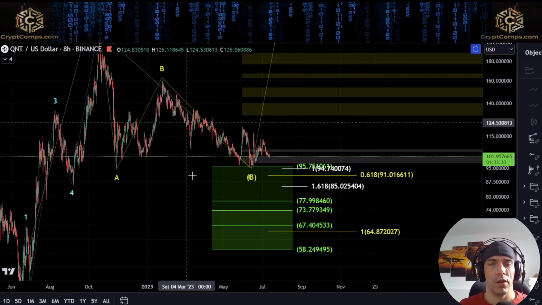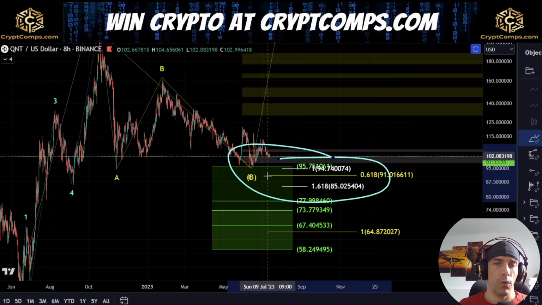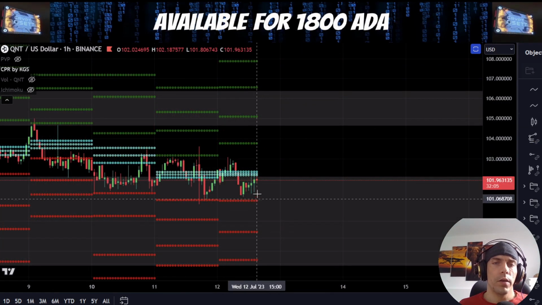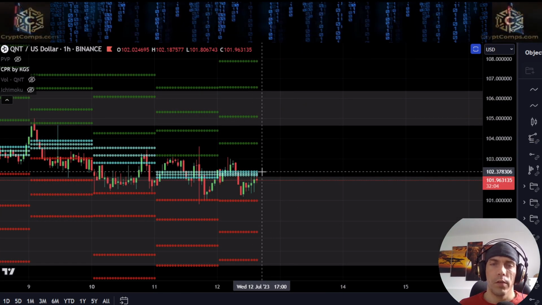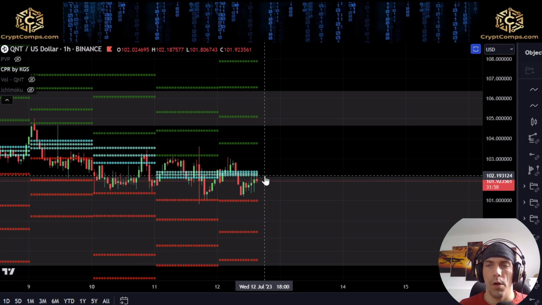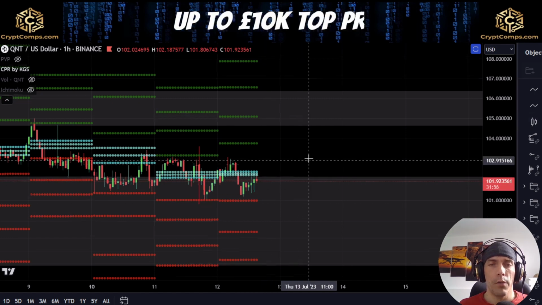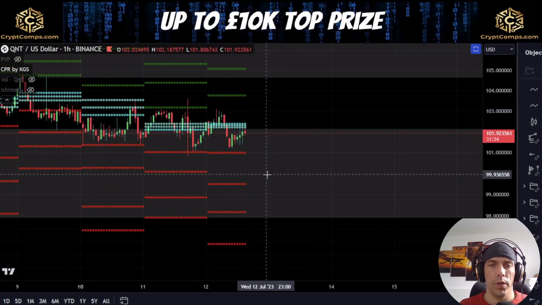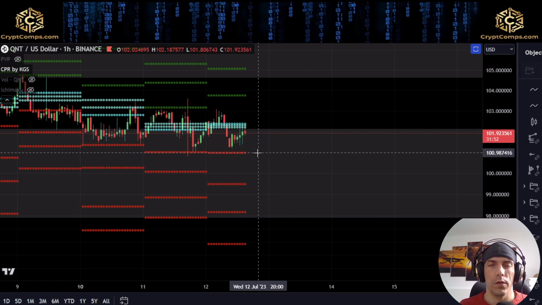We go over these ideas and what we would be looking for within this structure. Okay, having a look at the daily CPR here, what we can see is that we are currently below the central line, sitting between this 102.37 and this level here of this 102.193. If we do continue to reject off of these, potentially we could look to retest this R1, which is sitting